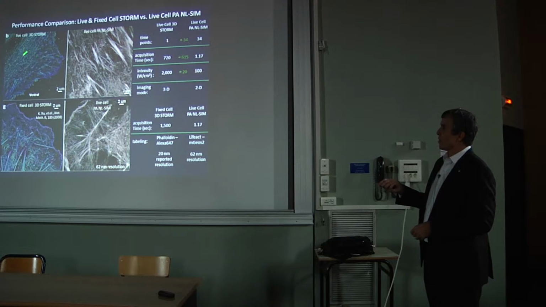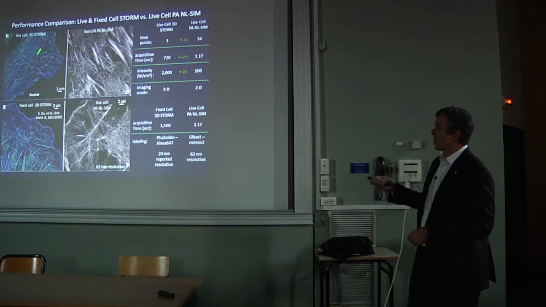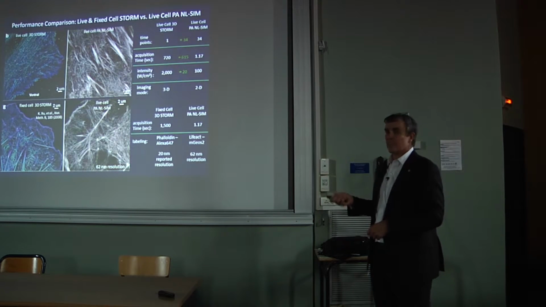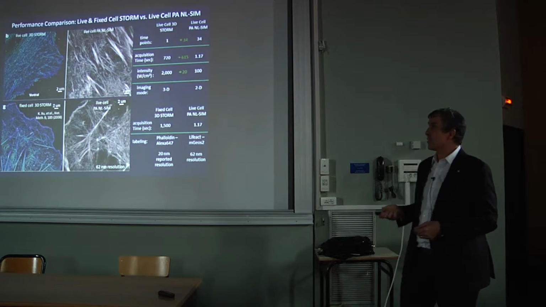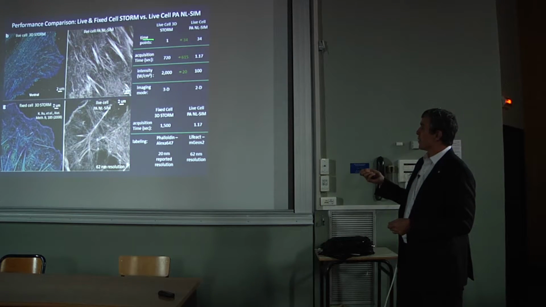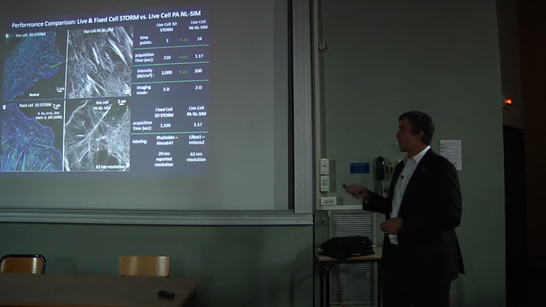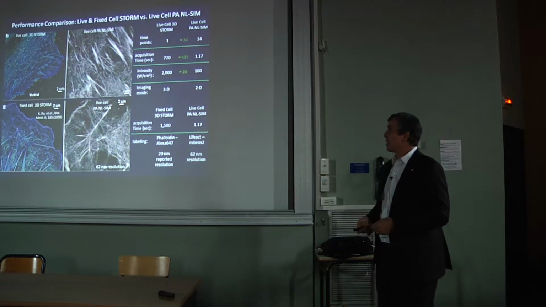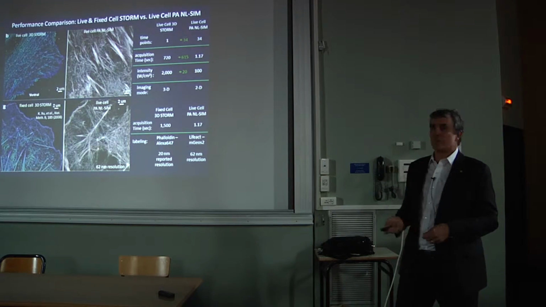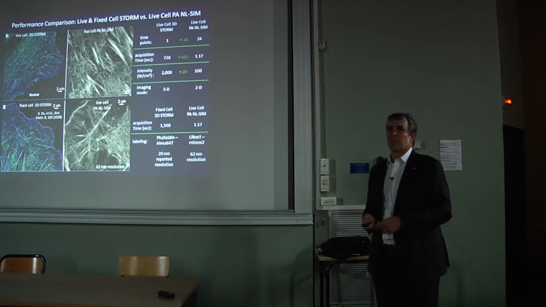But furthermore, on a live cell, it's pretty hopeless to get high resolution because you just can't get enough localization events. But if we compare the live cell image here to what we get here and here, we get 34 time points versus 1. We get the data 600 times faster, and we put 20 times less light on the